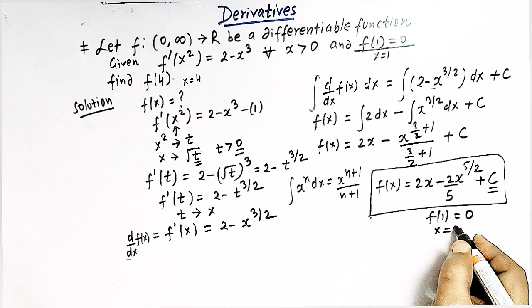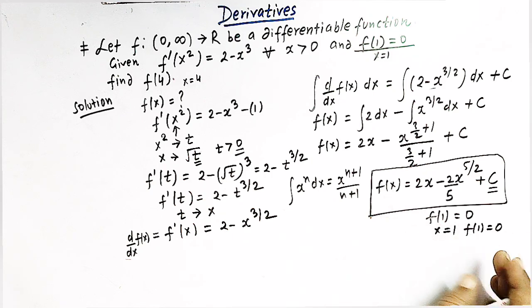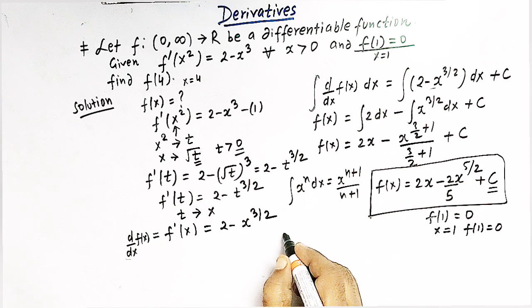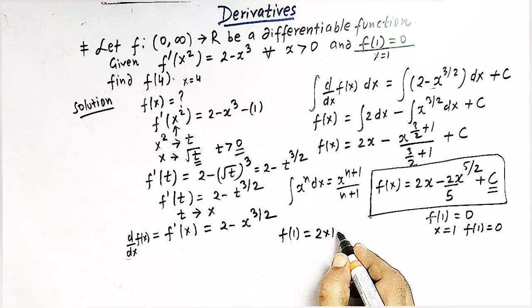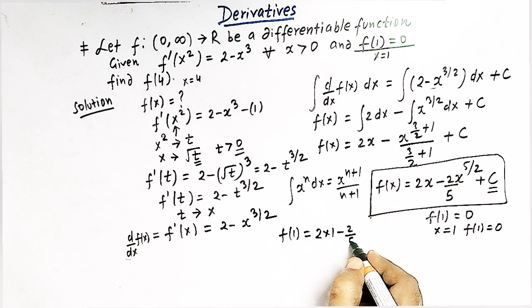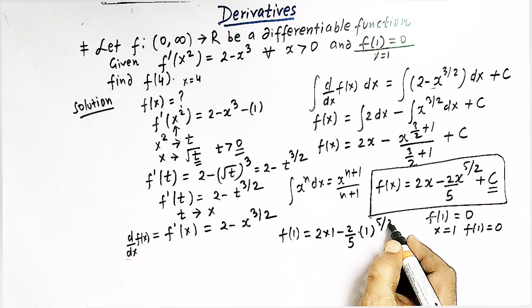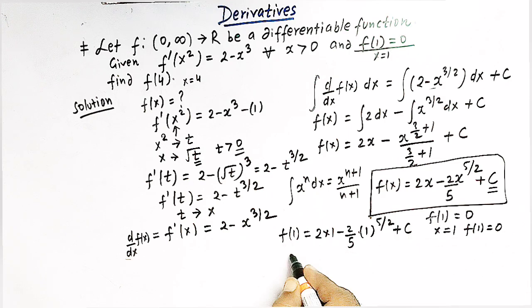So when x is 1, then f of 1 is 0. Substituting these values in this expression, we have f of 1 equal to 2 times 1 minus 2 over 5 times 1 raised to 5 over 2 plus c. Now f of 1 is equal to 0, so this is 2,